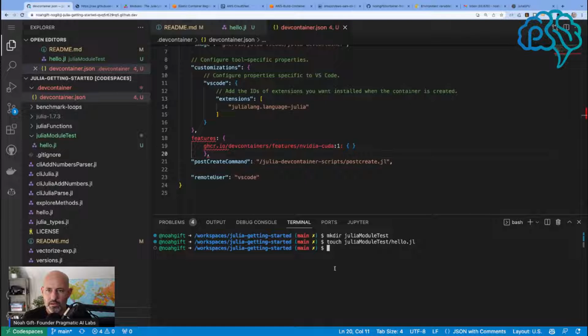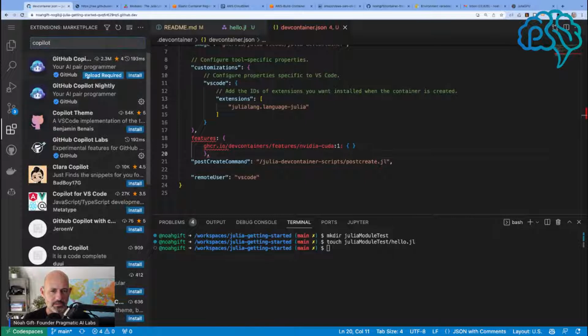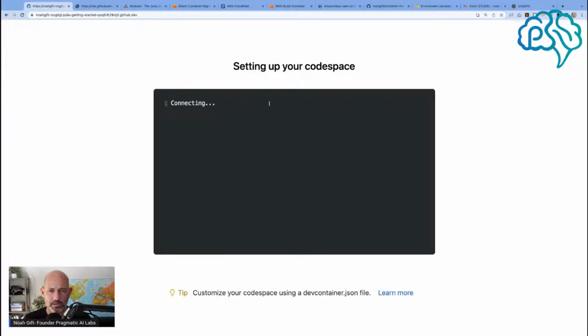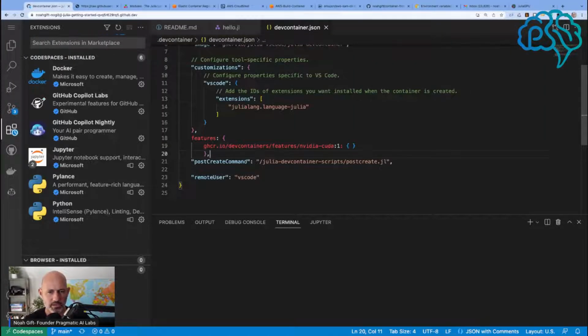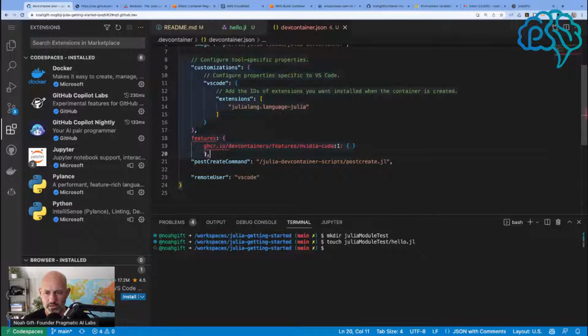And if we go back to the extensions, this is reload required. Let's go ahead and try this out. So not only is it going to reload this extension, but it may in the future reload the build process